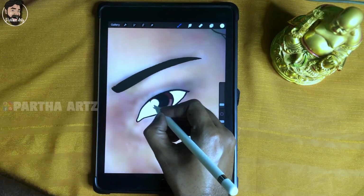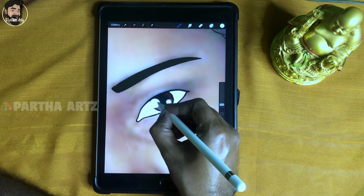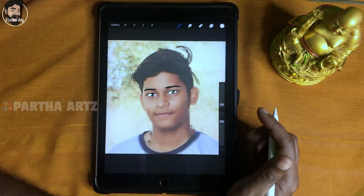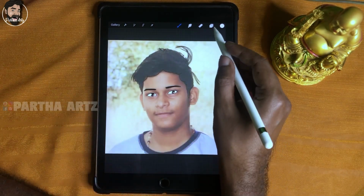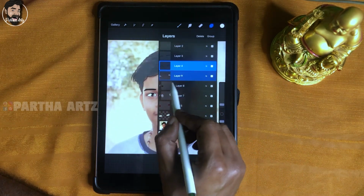Just make sure you have almost equivalent white size. Okay, so this almost gives a kind of 3D effect. So the eyeball is done. So what I'm going to do is, for now I'm going to group this all together,